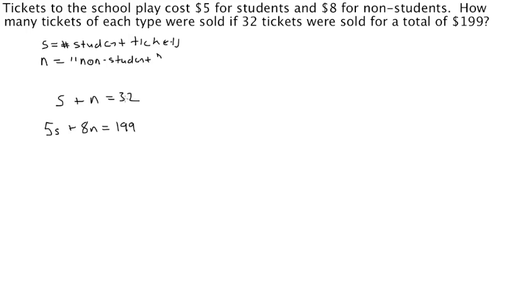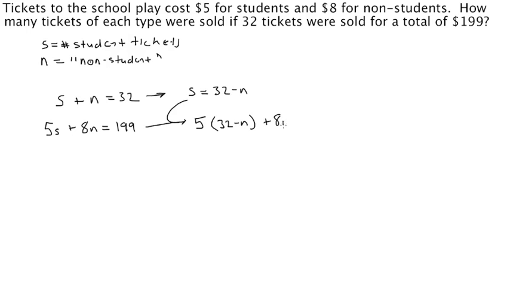So what we need to do is solve for one of our variables up here, substitute it into this equation to solve for one of the variables, and then plug it back in again to find the value of the other variable. So I'm going to take this equation here and solve for S. So if I subtract N from both sides, I get that S is 32 minus N. So I'm going to take this piece of information here, plug it into my second equation. So 5S instead of S, I'm going to write 32 minus N